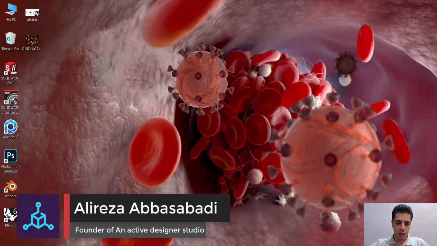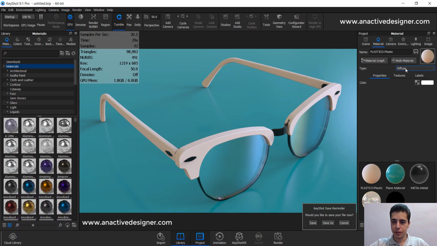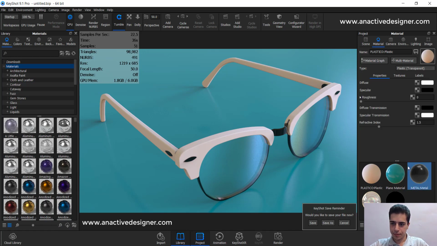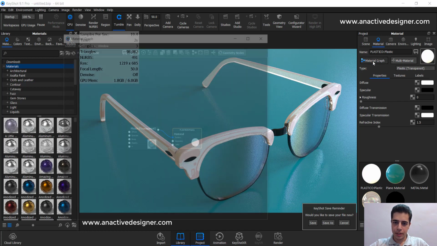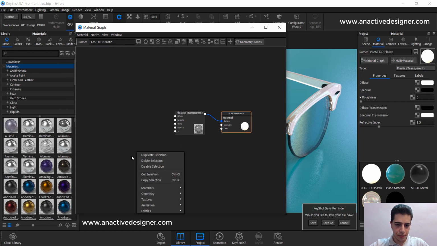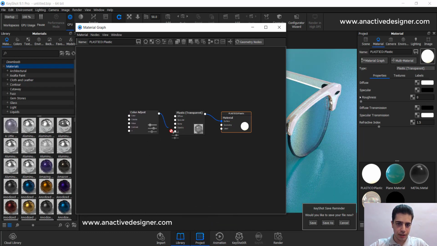So let's go to Keyshot and import your model. We want to change this white material here, which is diffuse. I want to change the type to plastic transparent, which is here. Now open material graph. Here, right click and in utilities import a color adjust and switch that to specular